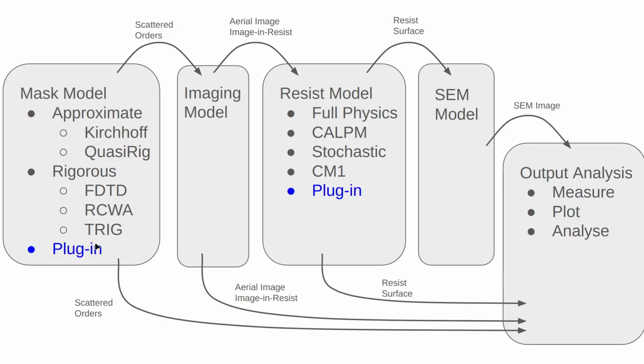You have the mask model, and that simulates the mask, and you get the scattered orders that go into the imaging model, and that creates the image in resist, or the aerial image, and that goes into the resist model. Here we have various resist models: full physics, CALPM, stochastic, CM1, and there's a plugin option. Then your resist model could optionally send the resist surface to the SEM model. And all of this data produced by all of these simulators, these models, can be output and measured, plotted, and